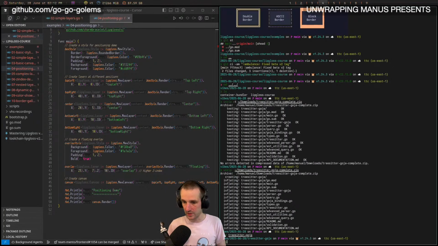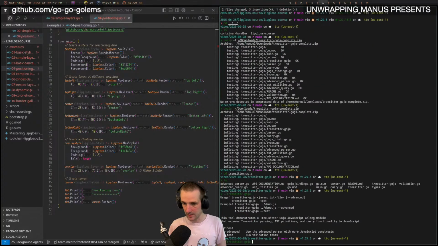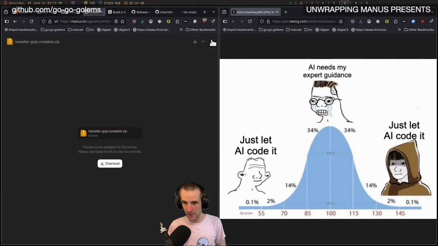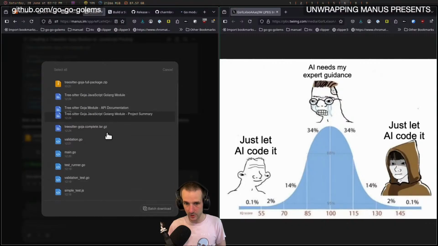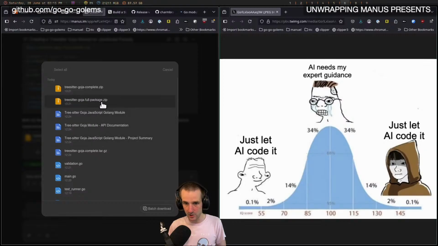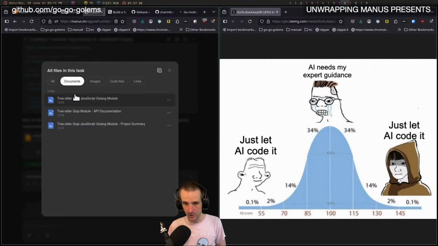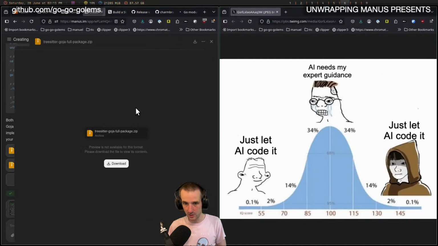So we can now go into tree sitter Goja, look a little bit at what's going on over here. Is there a binary in here? There is a binary, so just like execute it. And then there is no demo.js in here. So the demo.js, maybe we can find it straight in the documents. Yeah, there is some demo.js here, right? Which we can look at. We do have the full package and the complete. That is interesting. Documents, we have these documentations which are not there, and we have the full package, which maybe